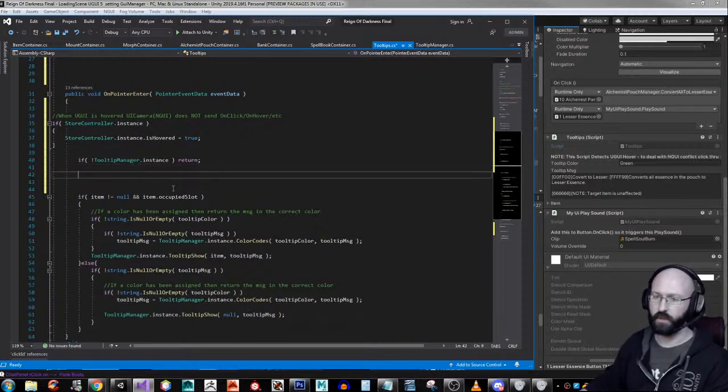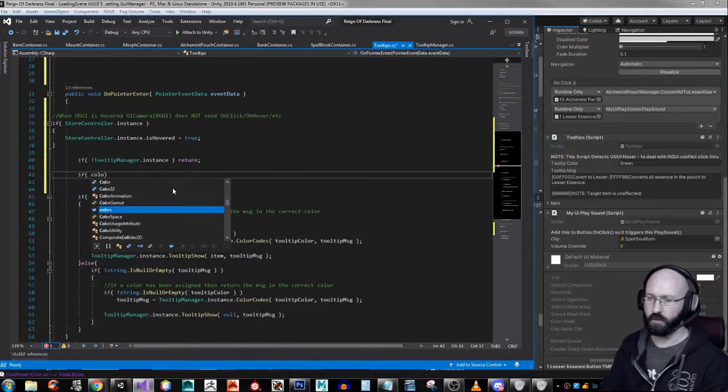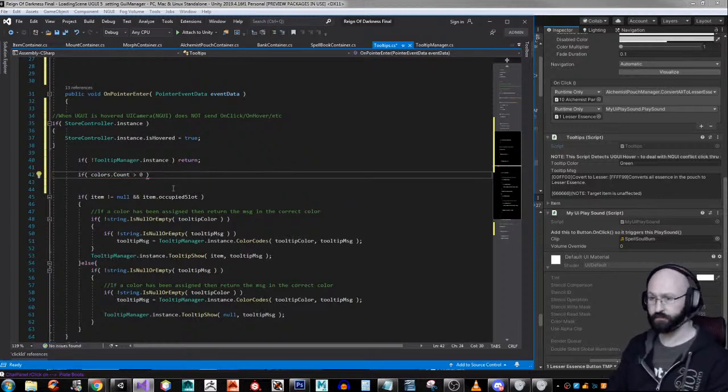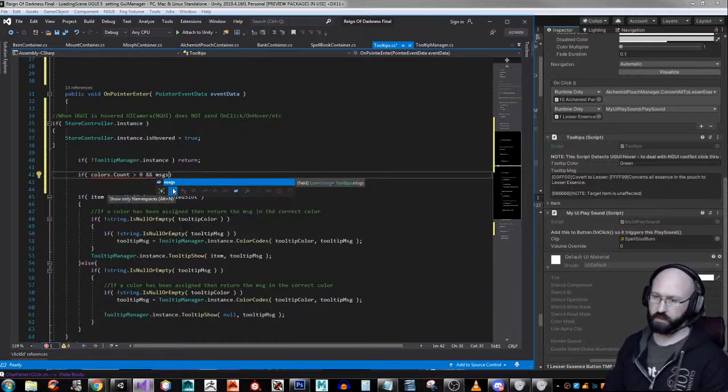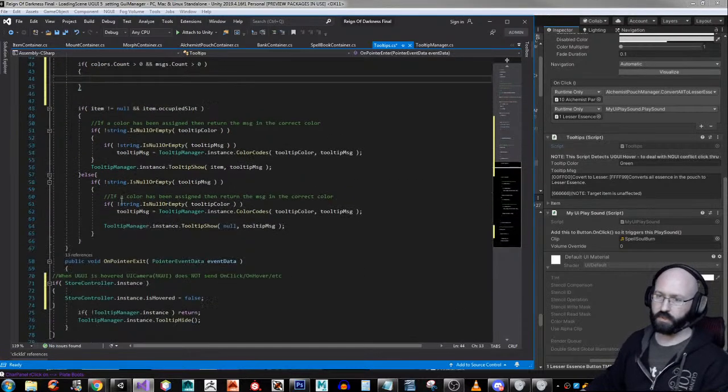And then we could say if colors dot count is greater than 0, and we'll just say and, I guess, count is greater than 0, then we'll put together,